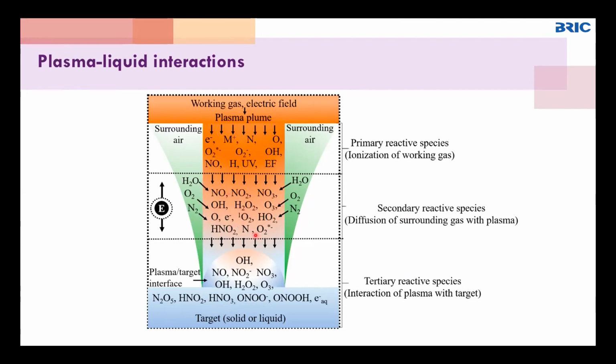And further, these species react with the target. The target can be water, the human body, a patient's organ, a plant, or bacteria or viruses. On those targets, they further react in the presence of water and make more stable species. Those are tertiary reactive species. So every species has its specific role. So you can control these species in plasma by controlling physical factors.